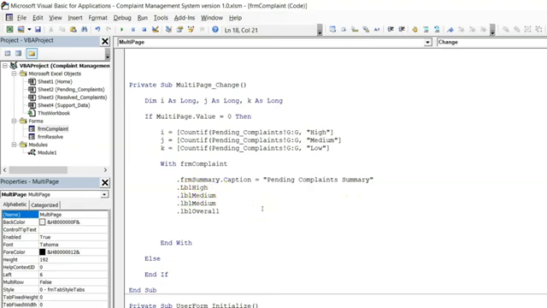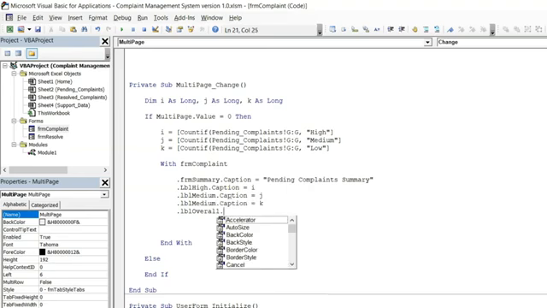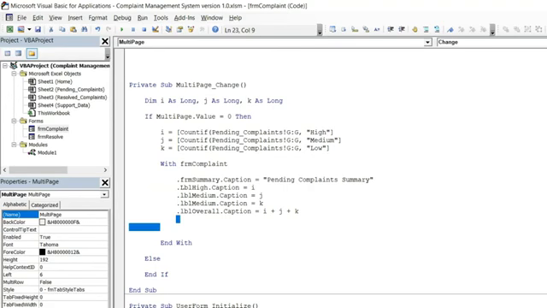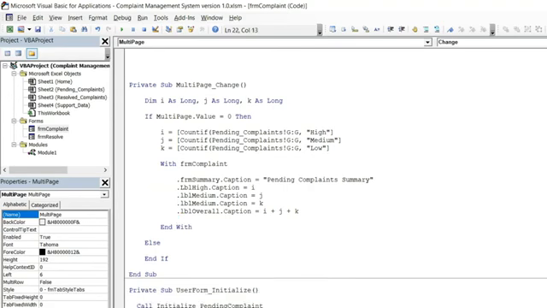So the LBL high dot caption would be I, because we have stored total high cases in I. And then here again caption would be J, and here dot caption would be K. And for overall, the caption would be the summation of I plus J plus K. Okay, so we have done with identifying the total high, medium, low cases, and we are assigning it to the labels,